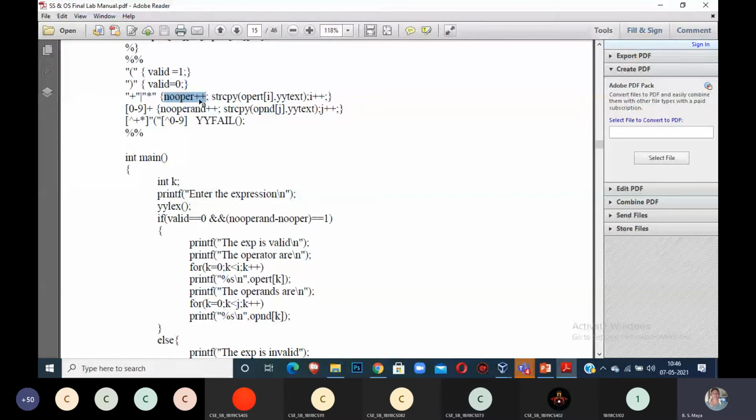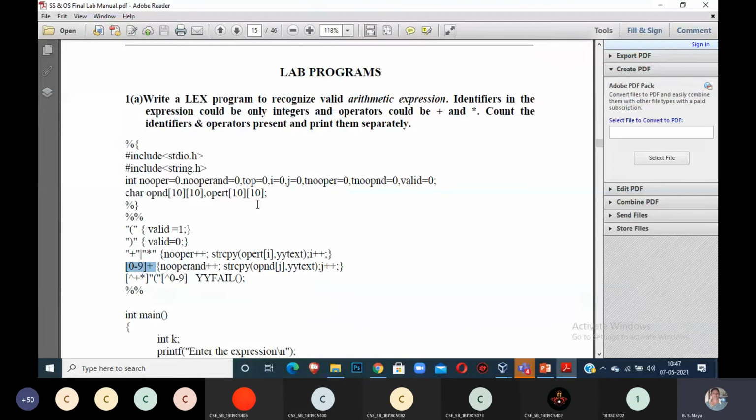Okay, ma'am. See, I am taking only the integer number. In case of 2.5 plus 3.5, is it a valid expression or an invalid expression as per the question? Valid or invalid? Why? Floating numbers, ma'am. They are not given in the question. The identified expression should be only integers. Correct. He is giving only integers, so I write it.